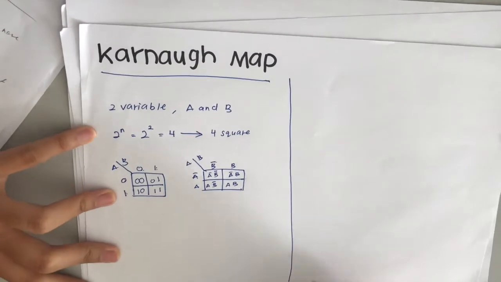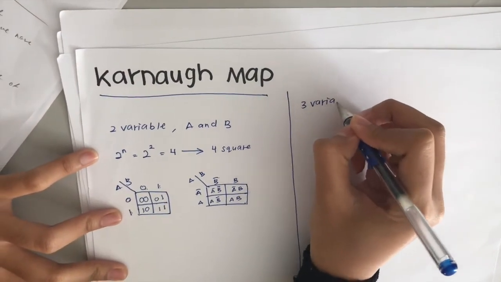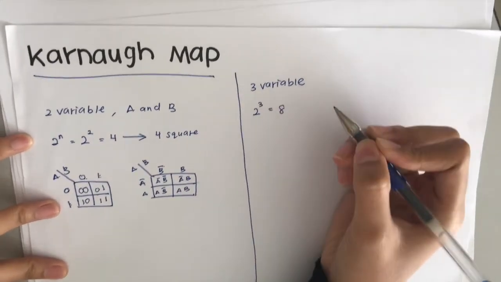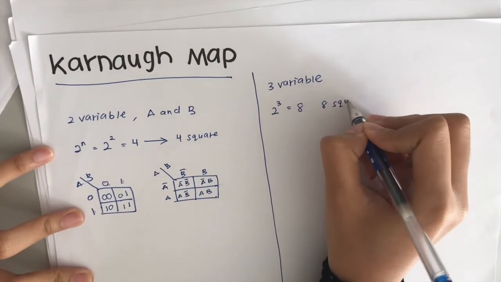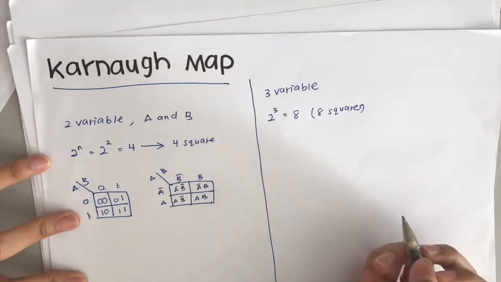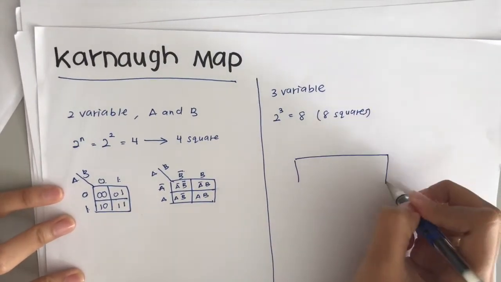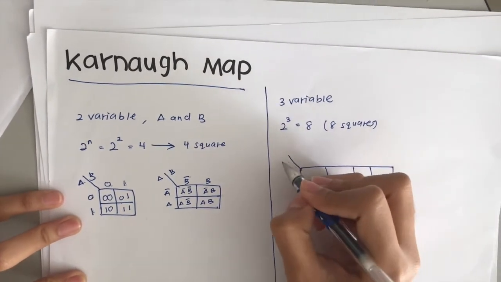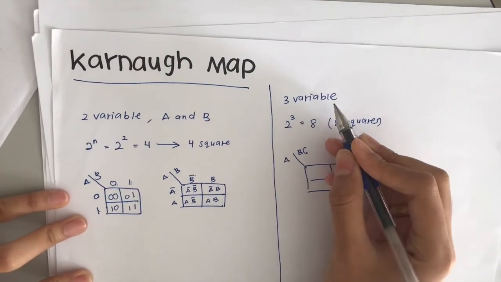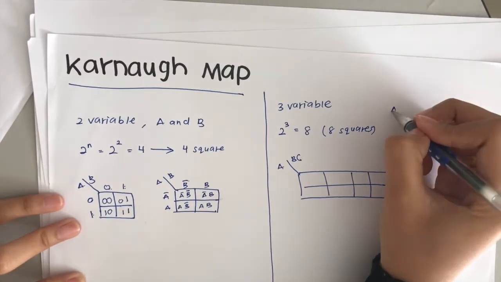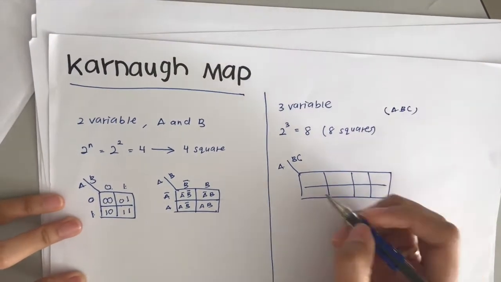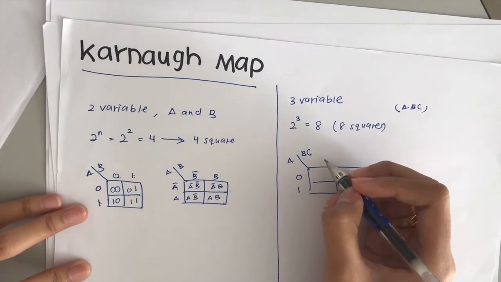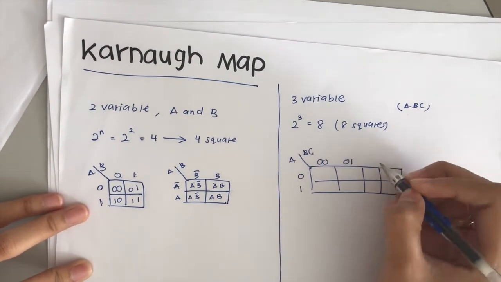Okay, then we make 3 variables, which is 2 power of 3 equal to 8. That means we have 8 squares in the Karnaugh map. Okay, we make the 8 squares with A, B, C. 3 variables means we have 3 alphabets, which are A, B, C. So we put 0, 1 because these have 2 variables, so it will be 0, 0, 0, 1, 1, 1,